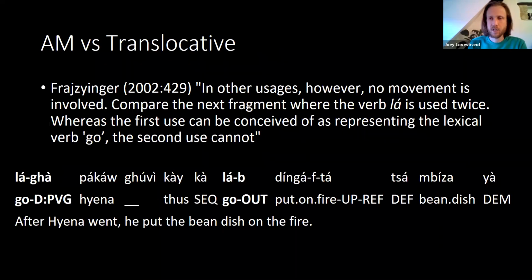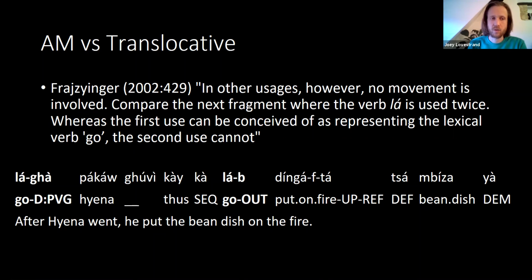There is some discussion in two grammars, the Hindi grammar and the Gomai grammar, about whether a particular prior motion multi-verb construction should be interpreted as prior motion or some kind of translocative. And the issue is how we should interpret cases of repetition. So in this example, I believe it's from Hindi,